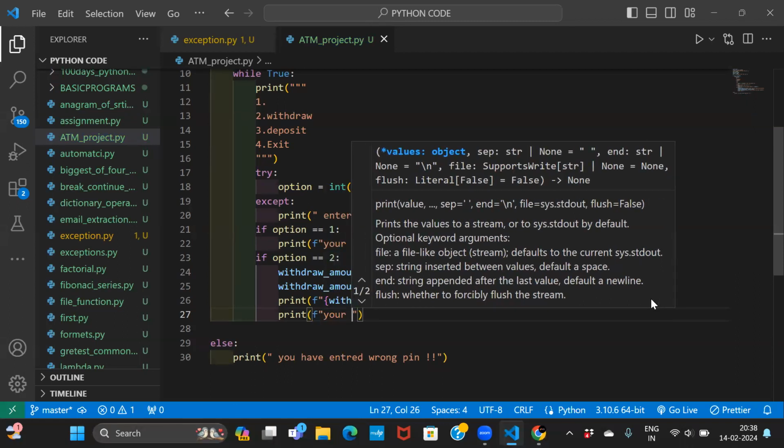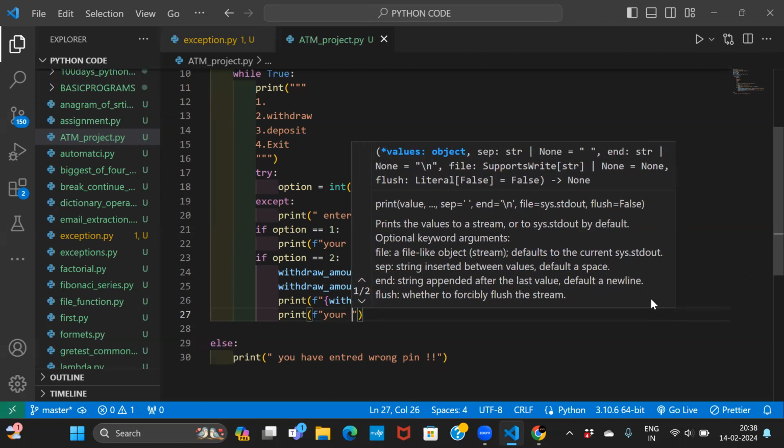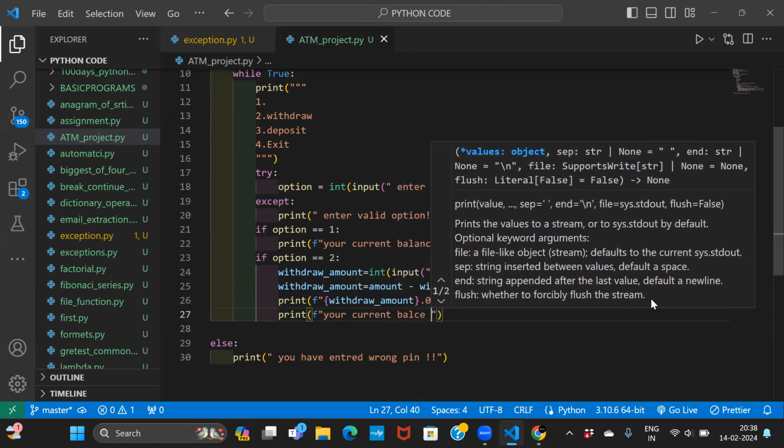After withdrawing, we need to update how much balance remains. Updated or remaining current balance. Current balance is